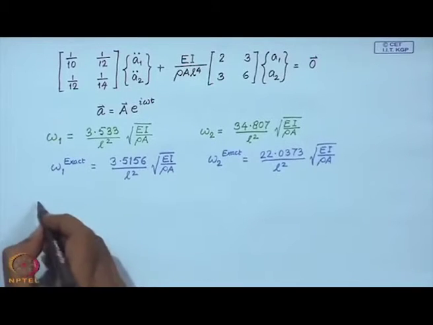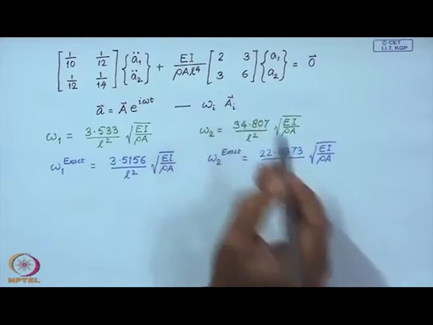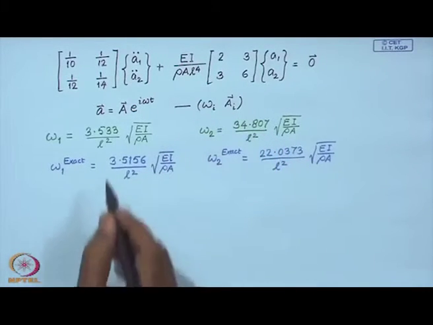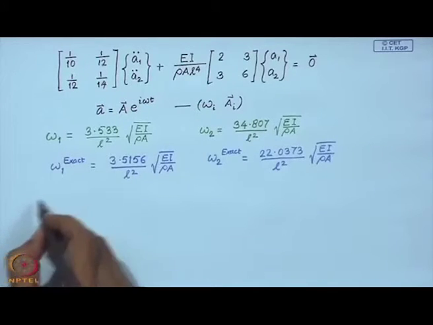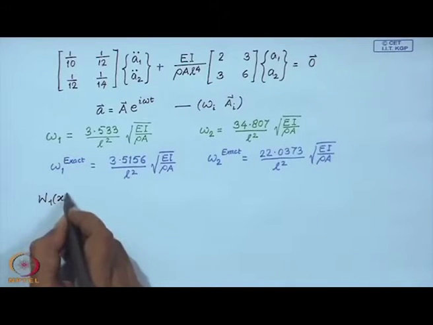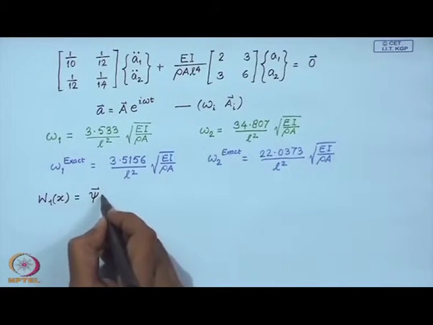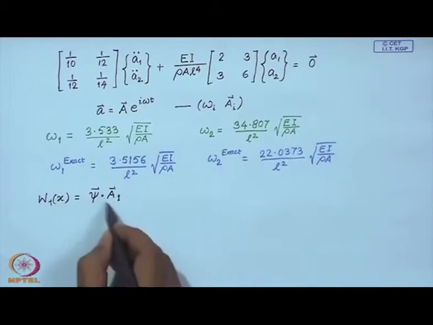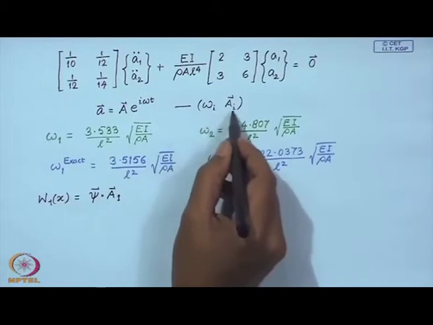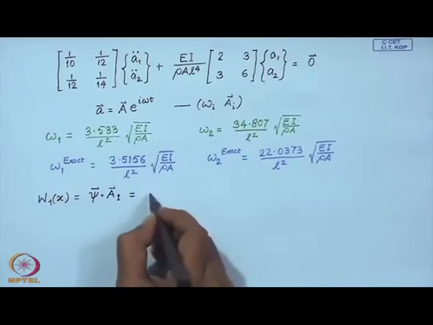Now, let us look at the eigen functions. So, when we substitute here, we are going to calculate omega and A, so the eigen pairs. We are going to get these eigen vectors, and using these eigen vectors we actually construct our eigen functions using the expansion that we have used. So, we do a dot product. The first eigenvector that we get corresponding to omega 1 is a 1. If you dot product with the vector of the admissible functions, you get the first eigenfunction, and this turns out to be